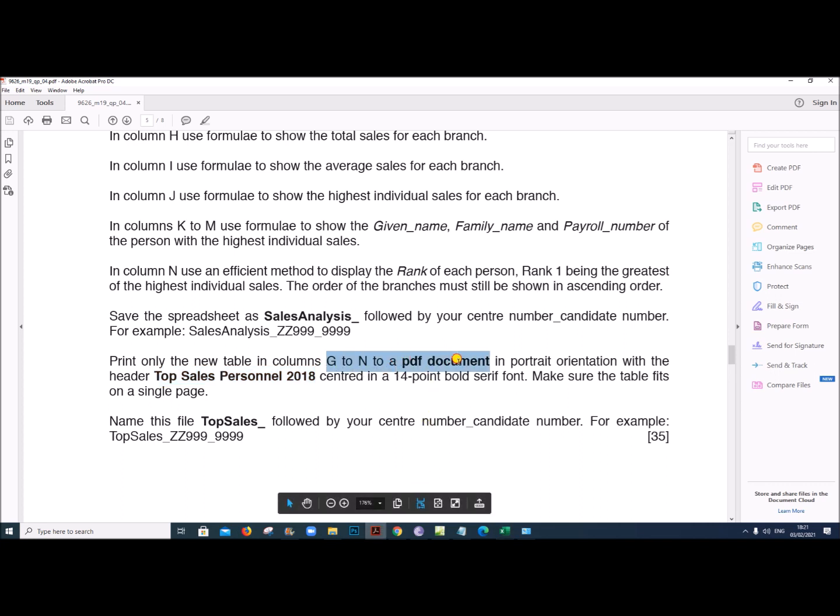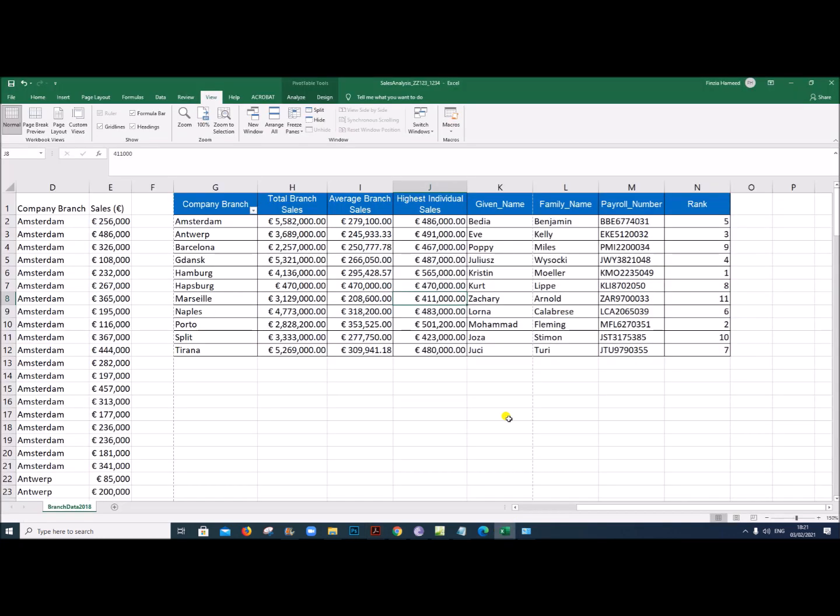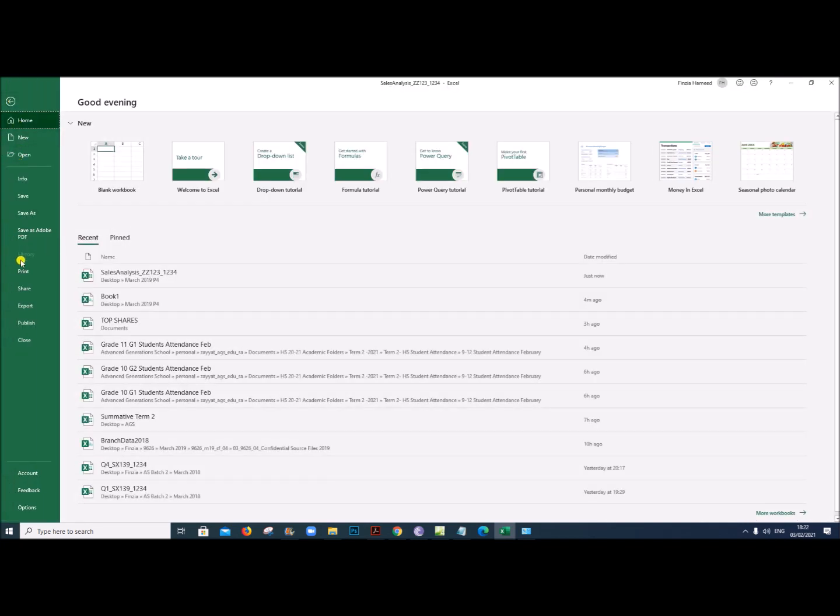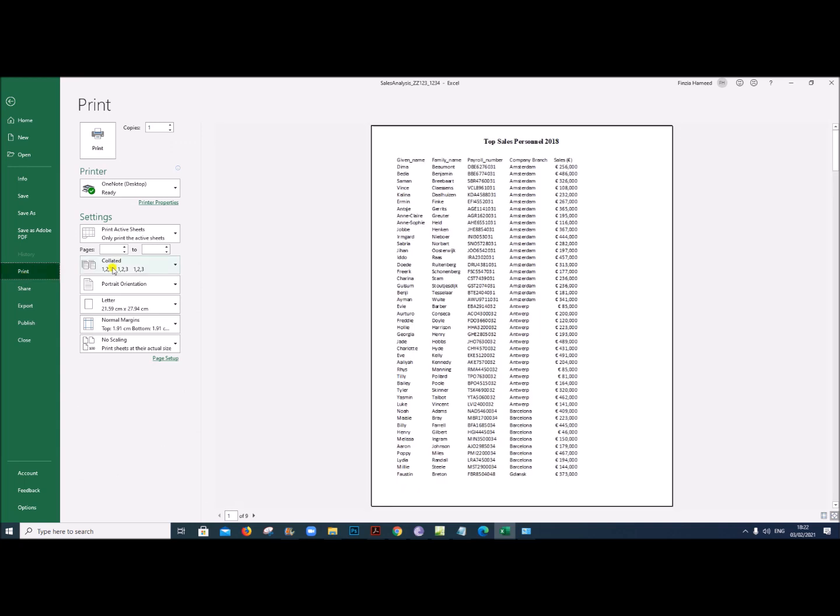Now we have to save this as a PDF document in portrait orientation, only the table from G to N. So select this data. Now click on File, Print, give selection here.